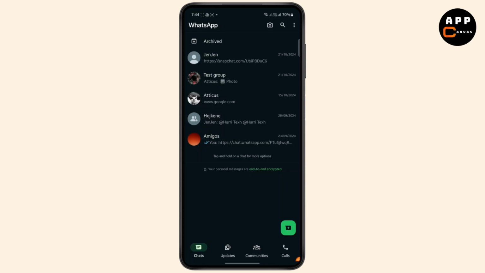Android device. So the first thing that you want to do is open your WhatsApp app, and before we do